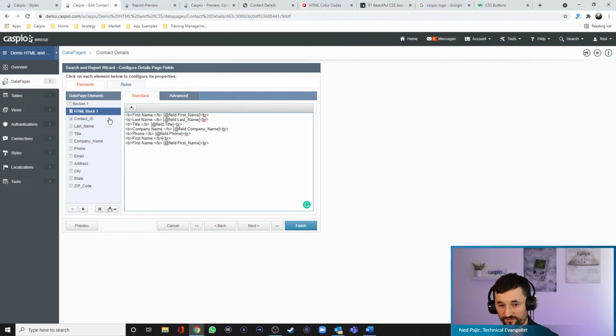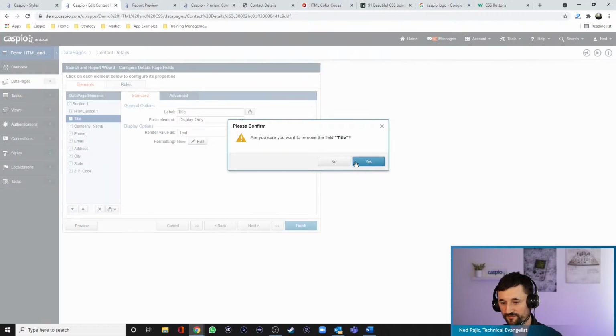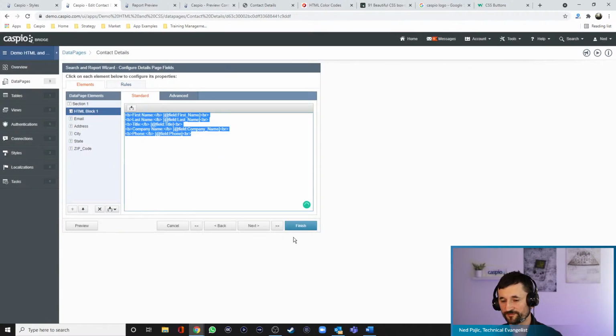Okay, so let me go ahead and put, let's just have up to the phone field. And once you include all of your labels and all of your fields inside the HTML block, you really have no more need for it here inside the standard display. So we can remove last name. Let me see. We can remove title, company, phone, and I think I went all the way up to the phone, right? So let's click finish,